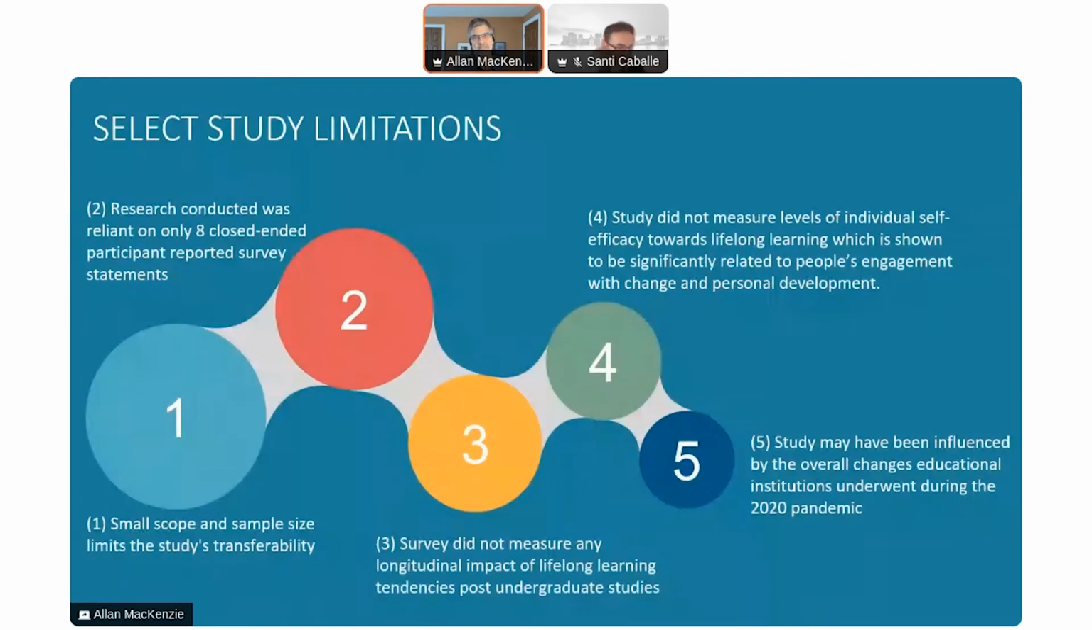The questionnaire and survey also didn't measure self-efficacy, which is really a major factor towards embracing change and learning in individuals in their personal development. So that's also something that could be considered. And of course, the cohort in 2021 might have been influenced just overall with institutions moving to a digital or